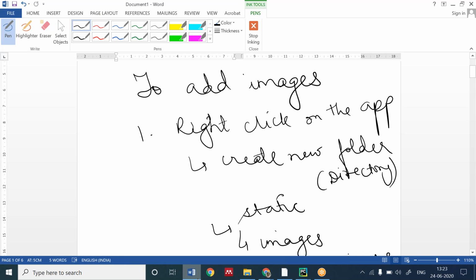Then we have to simply use load static. It will load the static folder. Then the fourth step is to use the image tag. In the source, you will be writing like this.